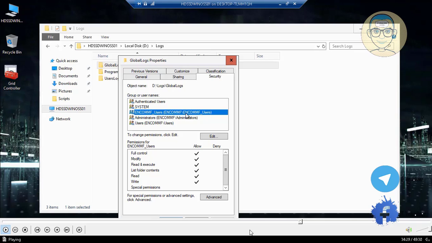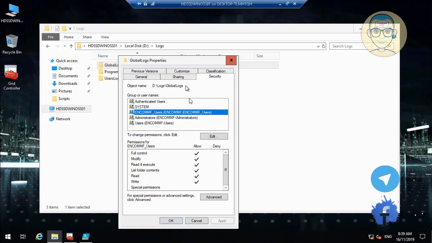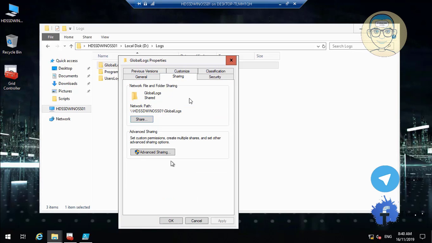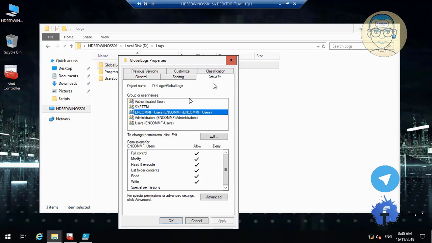So if we go to the sharing, we can see that it's already shared. If we go to advanced, we go to advanced settings. If you go to the sharing,